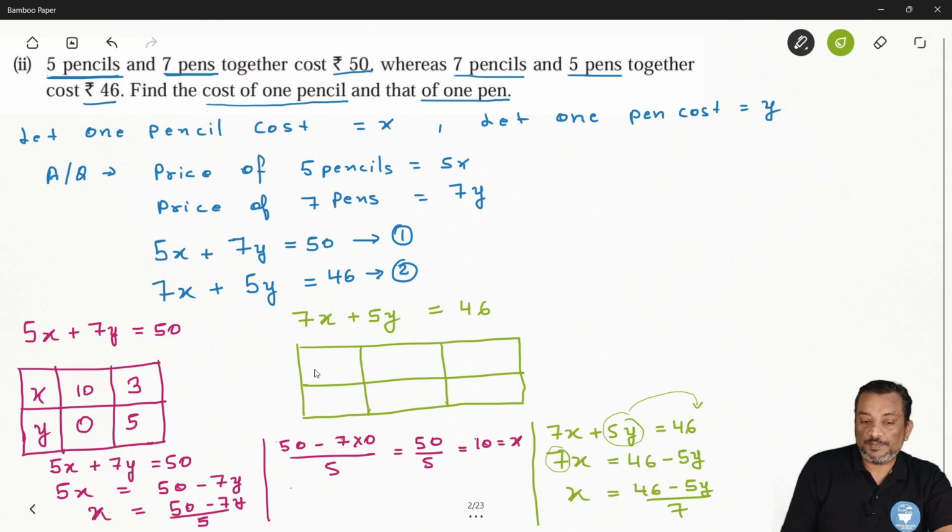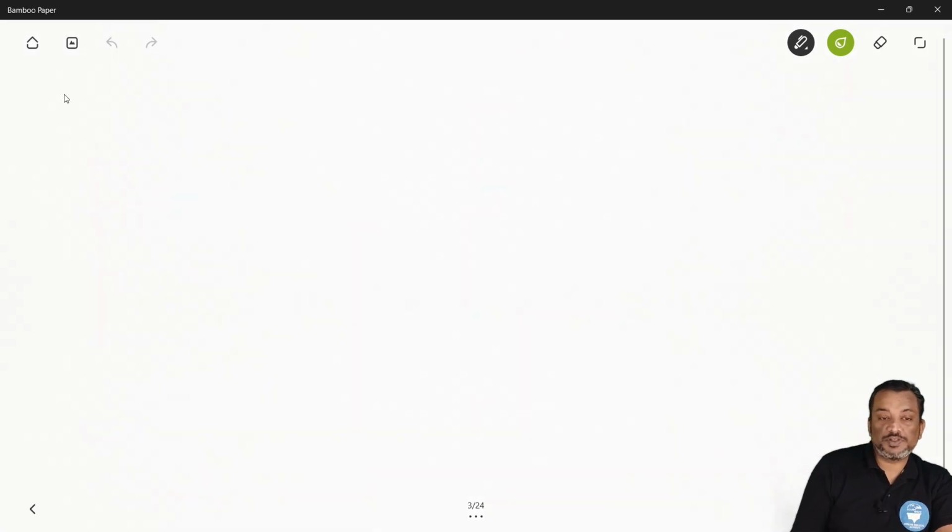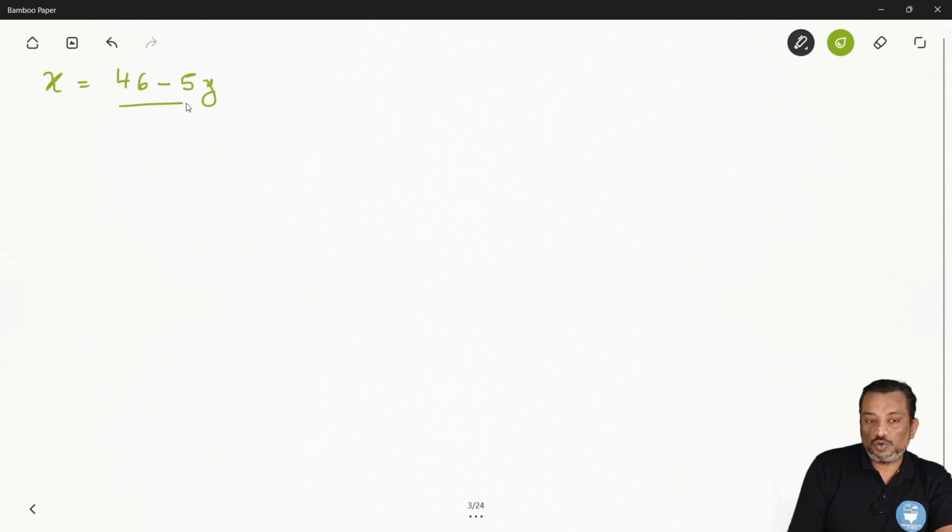ठीक है, तो यहां पे हमारा आ गया आपका x और y। अब डिपेंड करता है हम वैल्यू क्या लें। तो सबसे पहले हम y की वैल्यू लेते हैं 5। अब मैं आपको सॉल्व करके दिखा देता हूं। तो व्हाट इज आवर इक्वेशन, सो x इज इक्वल टू 46 माइनस 5y ओवर 7, है ना। तो हमने y का वैल्यू क्या लिया, यहां पे 5 लिया, तो let